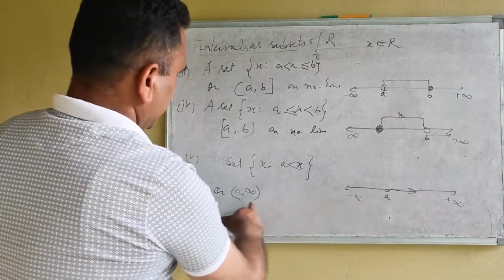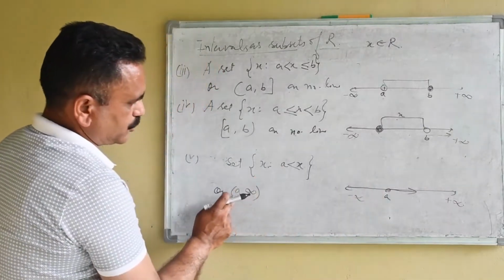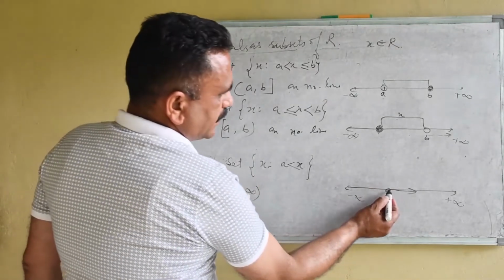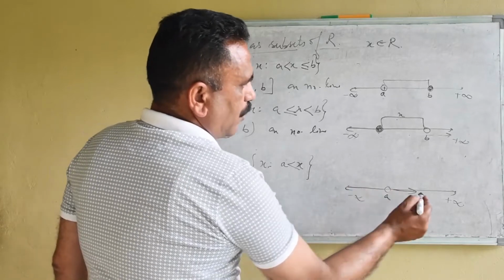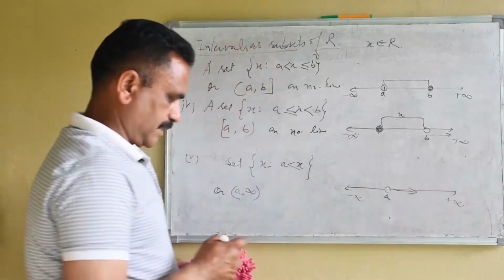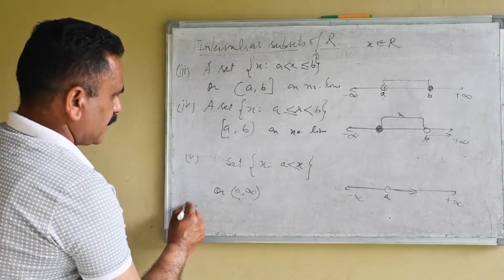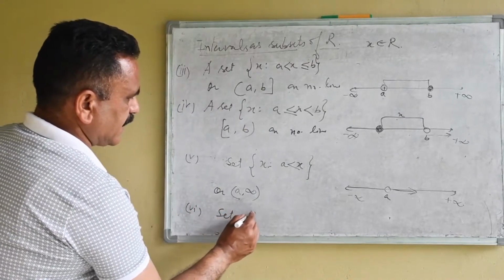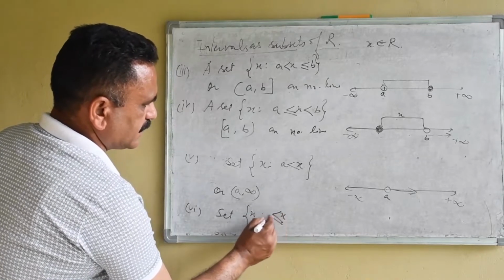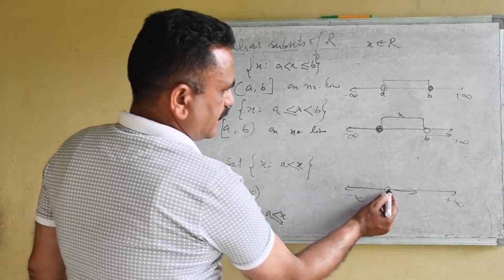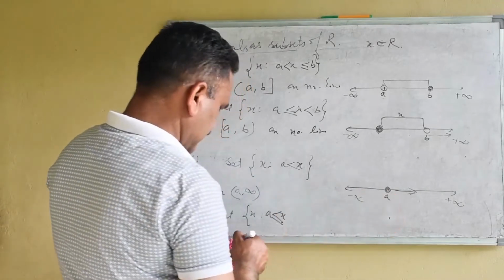So here a will be open side, खुला, छोटा ब्रैकेट है, इसलिए इसको डार्कन नहीं करेंगे, इसको एम्प्टी रखेंगे, खाली, और इस साइड को एंडलेस है, कोई बाउंड्री इसकी नहीं है। सिमिलर वे अगर हमारे पास एक सेट है x such that x is greater than equal to a, then इस नंबर लाइन के अंदर क्या करेंगे, हम इसको डार्कन कर देंगे।